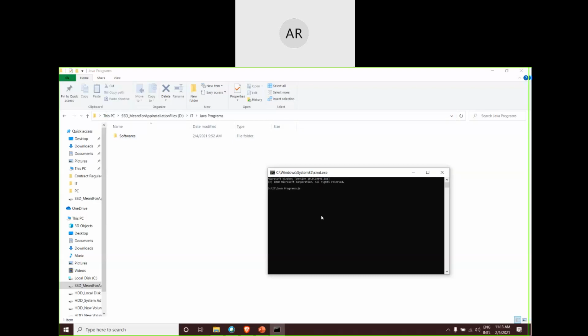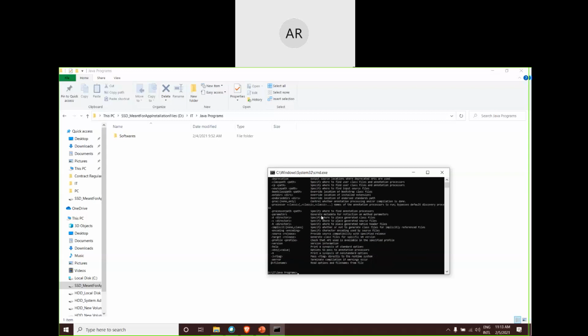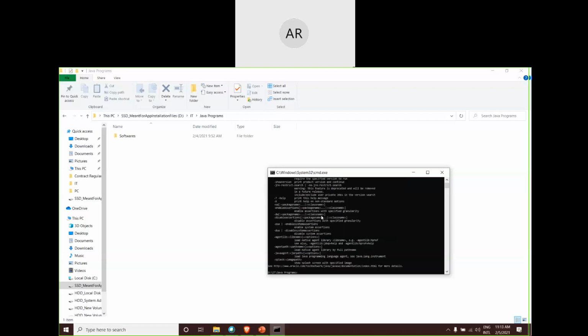Now I will just type to cross check whether the installation is perfect or not. I will type javac and press enter. It will list all those files which were present earlier for javac. Now I will type to check the runtime environment variable, the class path variable, whether it got successfully entered or not. I'll just type java and it should list all the files pertaining to the java command to you.